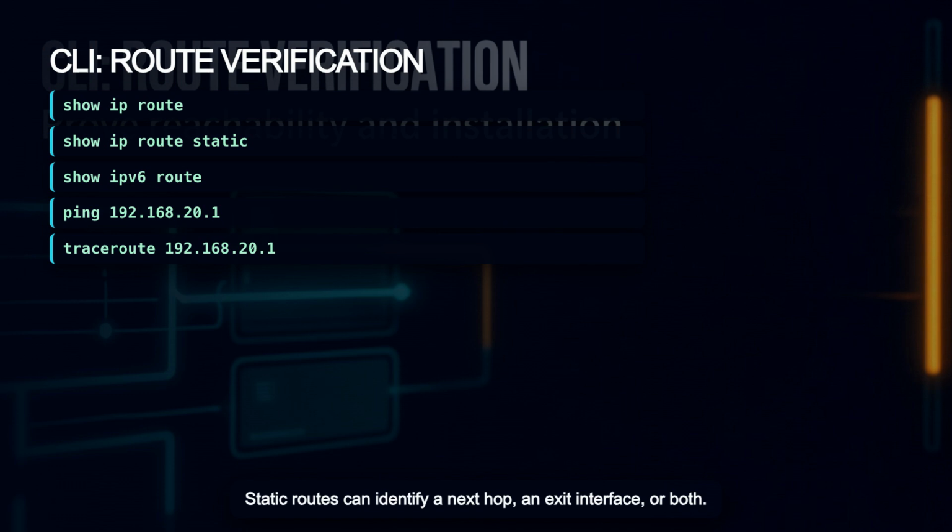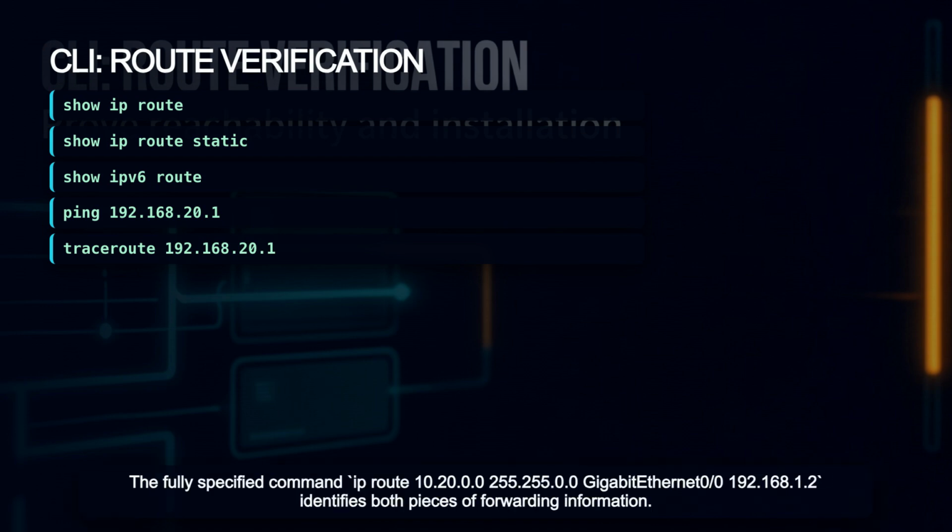Static routes can identify a next hop, an exit interface, or both. The command ip route 10.20.0.0 255.255.0.0 192.168.1.2 identifies only the next hop. The command ip route 10.20.0.0 255.255.0.0 serial 0/0/0 identifies only the exit interface. The fully specified command ip route 10.20.0.0 255.255.0.0